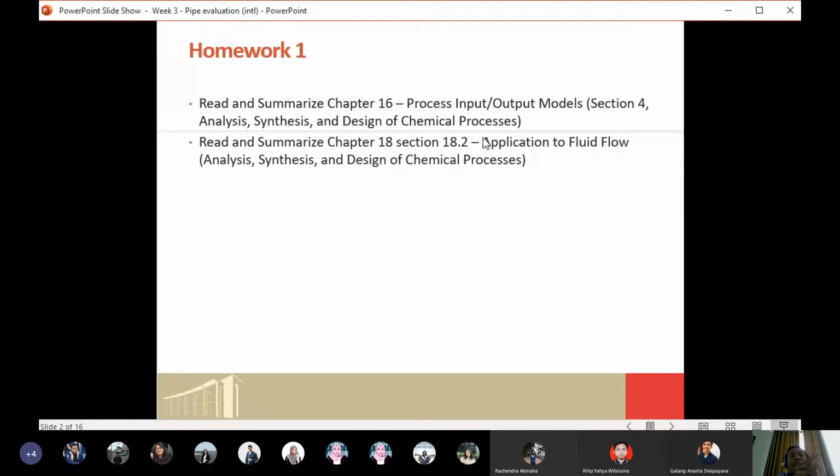You have a chance to submit this homework within 2 weeks. So manage your time to be able to submit your homework on time. The submission can be done online; you can submit to my email. This is a personal homework, not a group homework.